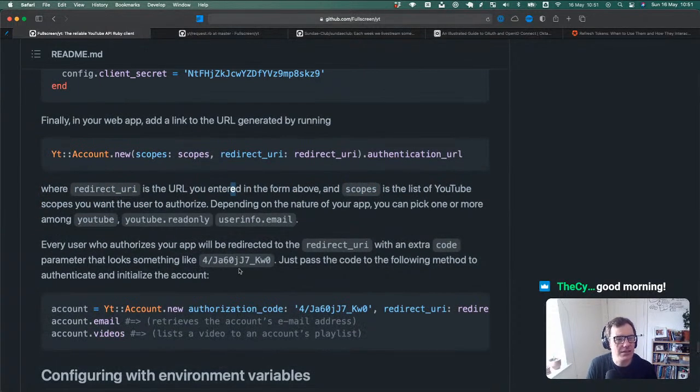Where redirect URI is the URI you entered in the form above. Yeah, so just put localhost. And scopes is a list of YouTube scopes you want the user to authorize. Okay, so close that. Open that. Just want to get my list of scopes correct.